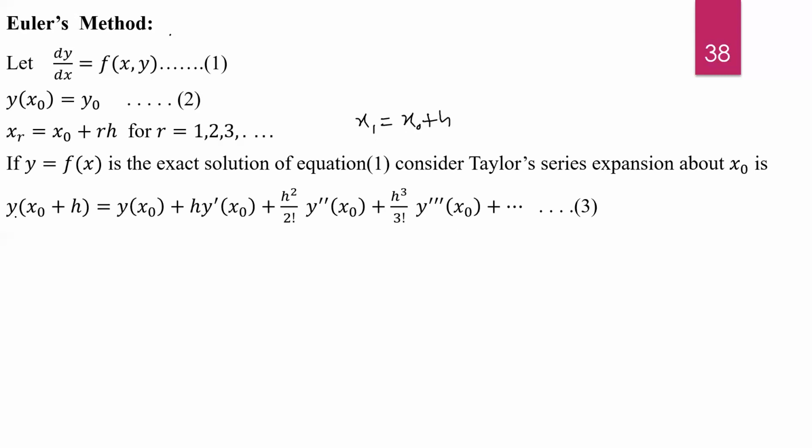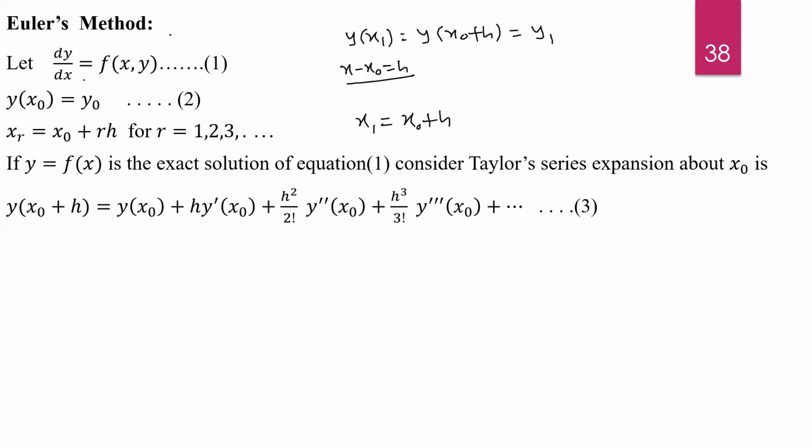So this is the y at x1. This is y at x0, that is y naught. For y at x1 means y at x0 plus h is equal to y1. Is equal to y at the initial point x0 plus h. h is the difference of x minus x0, which is equal to h